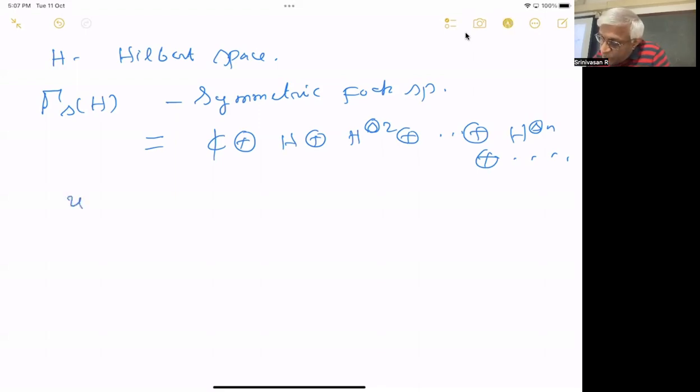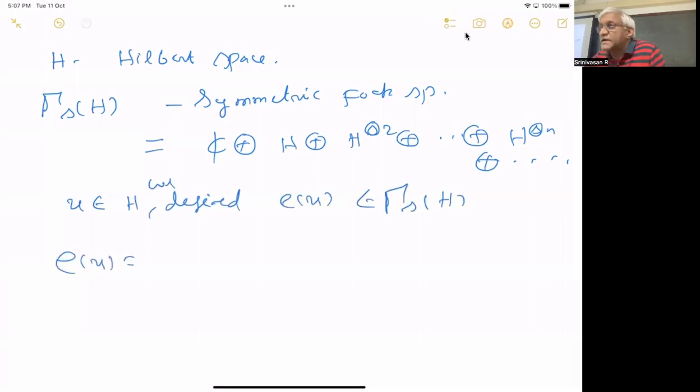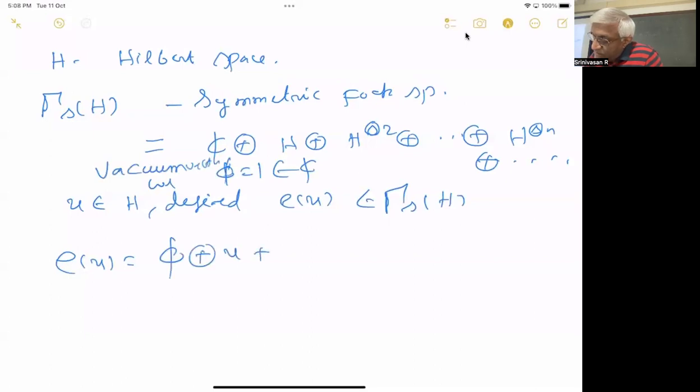So we define, if U is any vector in H, then we define E of U in the Fock space as follows. In the complex vector space, there is phi equal to 1 in C. The number 1 in C is what is called the vacuum vector. So the vacuum vector is phi. We call it phi, and E of U is just phi direct sum U direct sum,